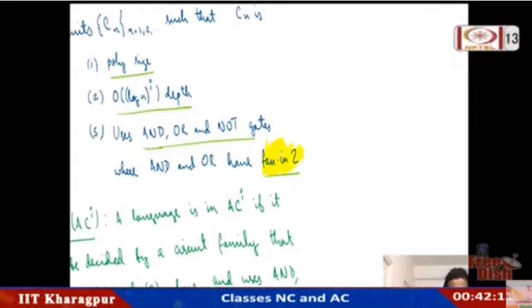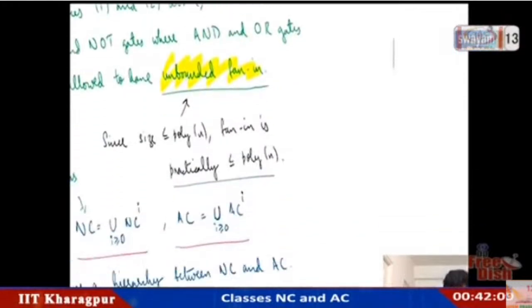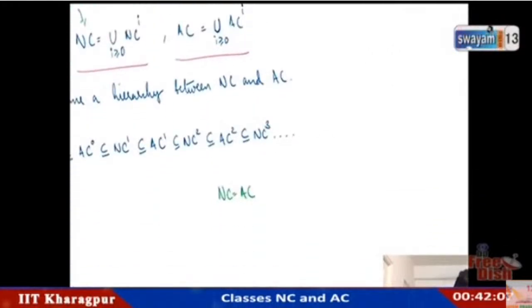You could just use them as fan-in 2 gates, right? So NC^i is contained in NC^(i+1), this is easy, and AC^i is contained in AC^(i+1), this is also easy, right? NC^i is contained in AC^i because